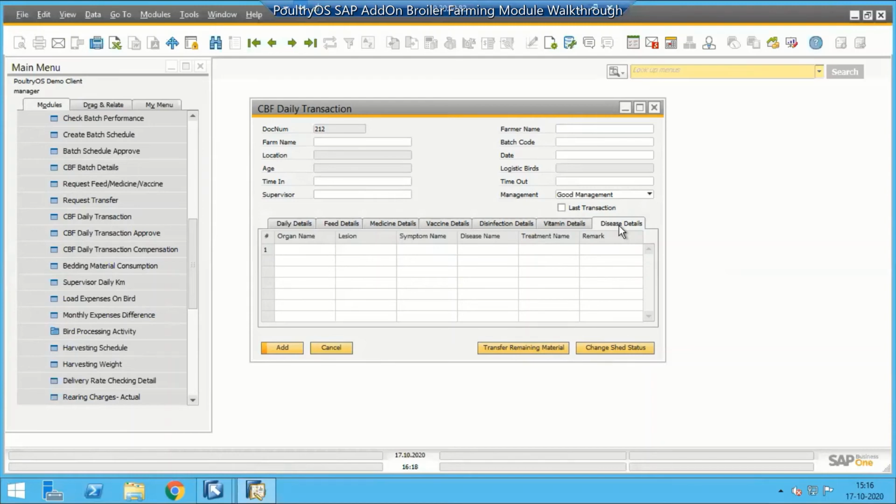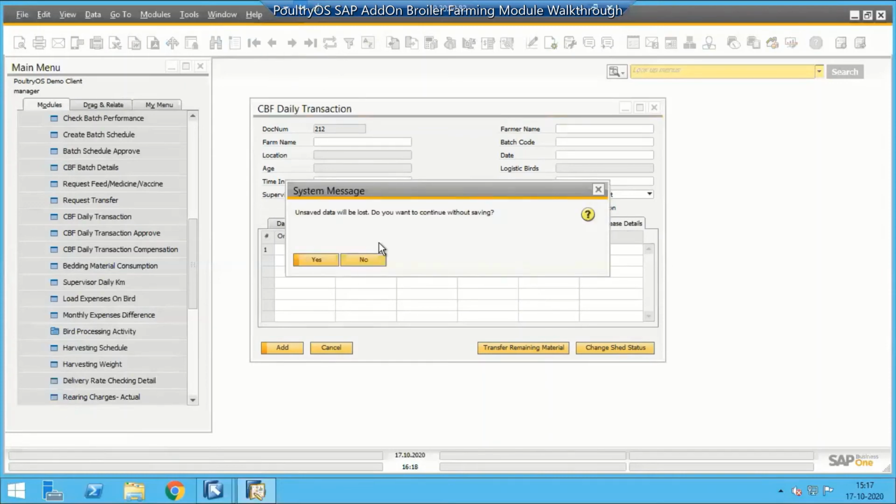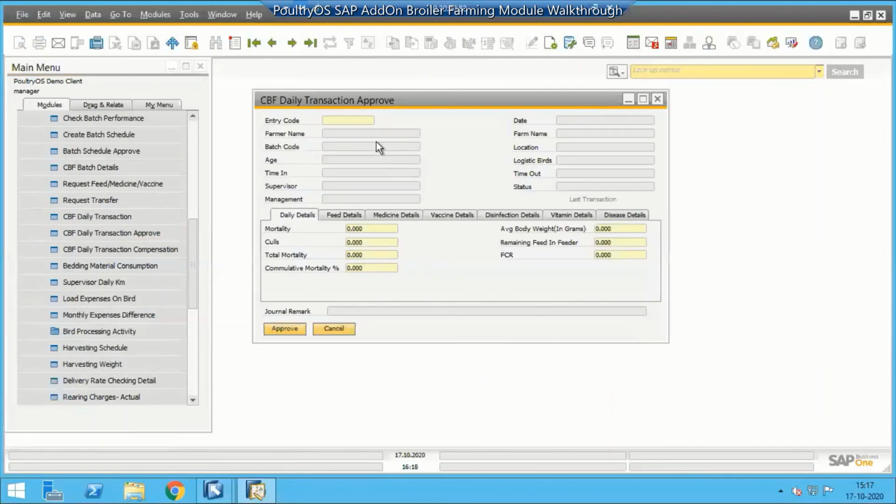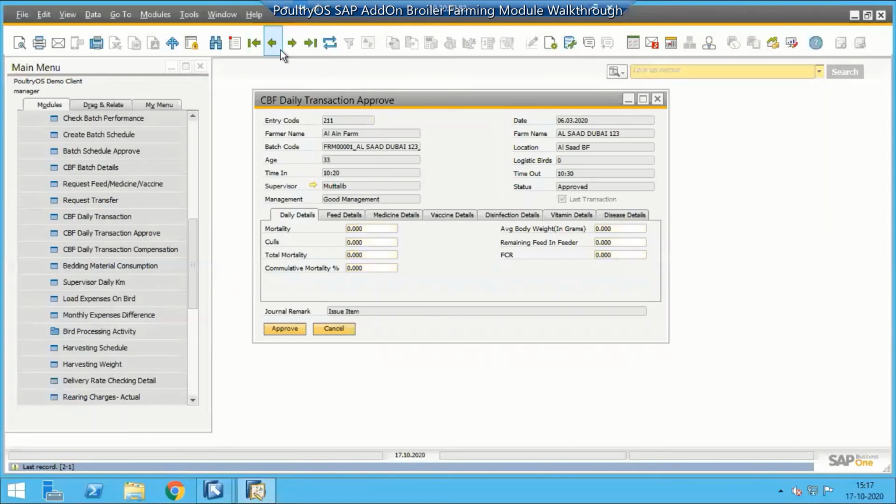Yes. So will this also load the related expenses? Yes, we are loading the related expenses. Okay. How does that work? Once you add a daily transaction, do I need to do a separate entry in accounting? No, the system will do it automatically. The system posts it when goods are issued.